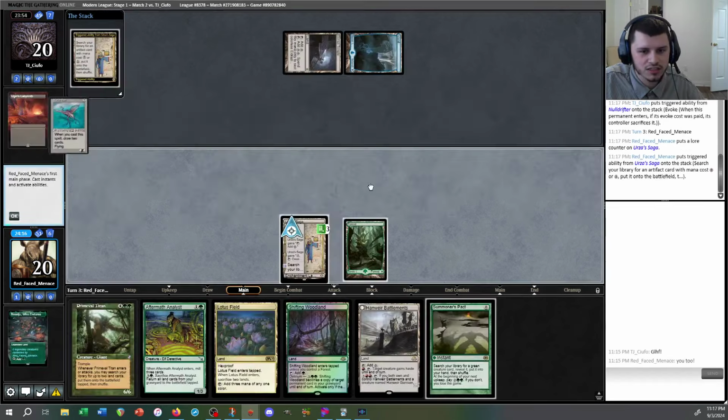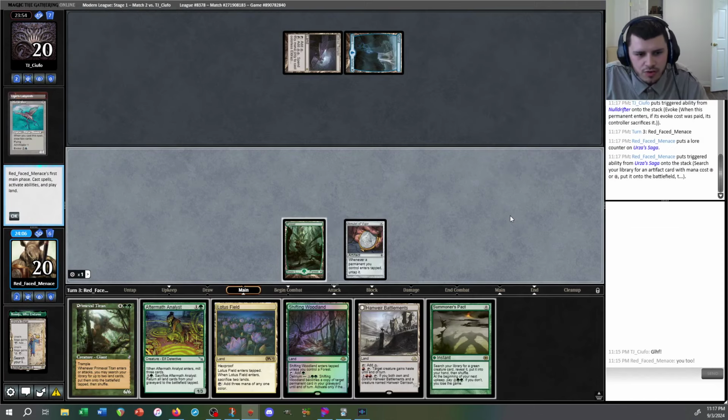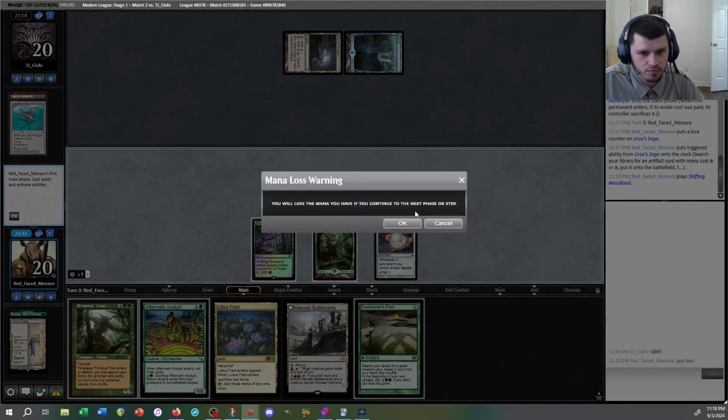They casted Divination. I'm terrified. All right, so we have... I don't think there's much we can do here. We Lotus Field up to 5. We're 1 short of using Analyst to bring everything back. So I guess we play Woodland and pass. Yeah, I don't think there's anything else really to it, so...